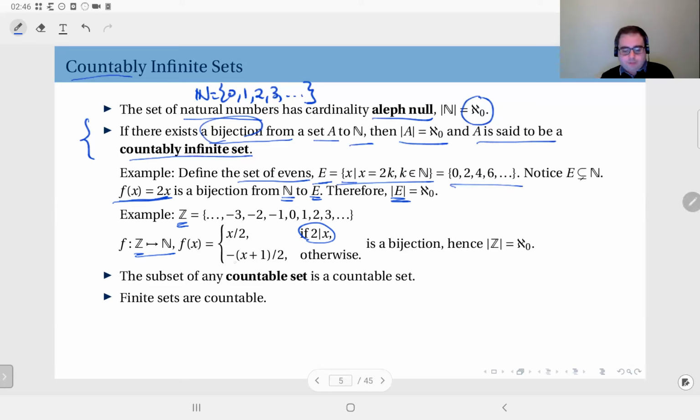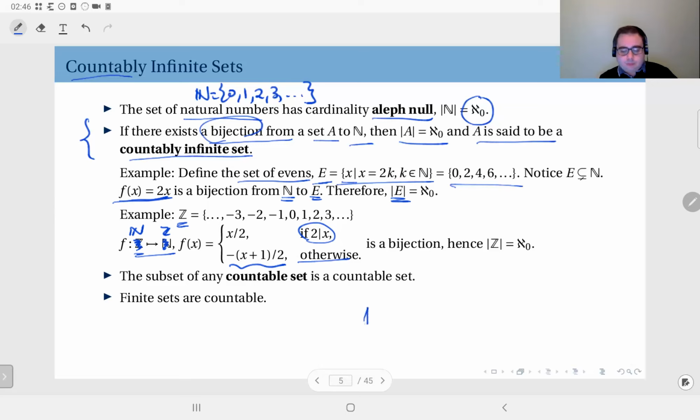Or if it is not, which means it's an odd number, then add 1 and then divide by 2 and negate it. Well, actually, I realized that it should be from the set of naturals to the set of integers because this produces negative numbers. Therefore, take any natural number. If it's even, divide by 2, then you will get all natural numbers. If it is odd, then add 1.